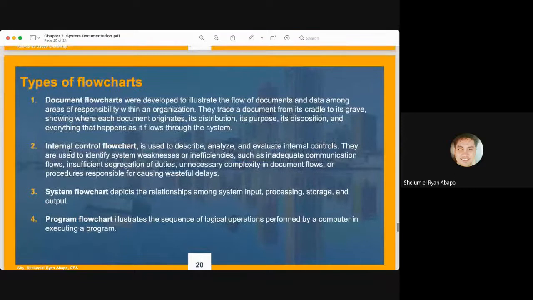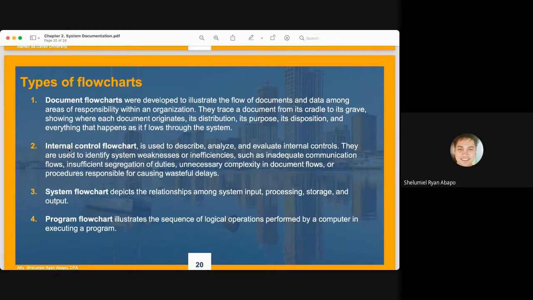Now, what are the different types of flowcharts, class? We have document flowcharts. They are used to illustrate the flow of documents and data among areas of responsibility within an organization. The document flowchart will tell you the flow or transmission of one document to another department for their perusal, and trace a document from its cradle to its grave, showing each document that originates from it, and